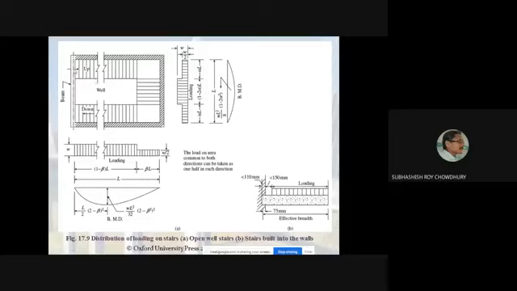So what you will consider? You will consider the weight of the steps, weight of the waist slab, ceiling plaster, floor finish, etc. over this one. And here only the weight of the landing slab and the floor finish, ceiling plaster you will consider here. So the intensity that you are considering here on the going part is omega 1, say, and this is omega 2. Now the omega 2 that you are considering over the landing part, when you will consider designing this flight, you will consider the load acting over this landing part, that means this one will be omega 2 by 2.